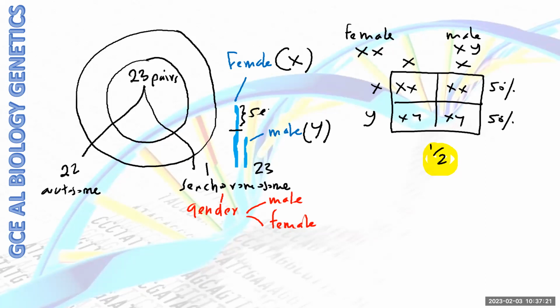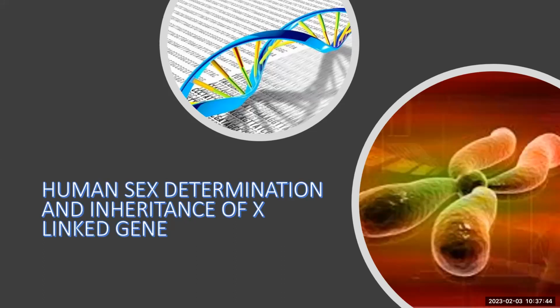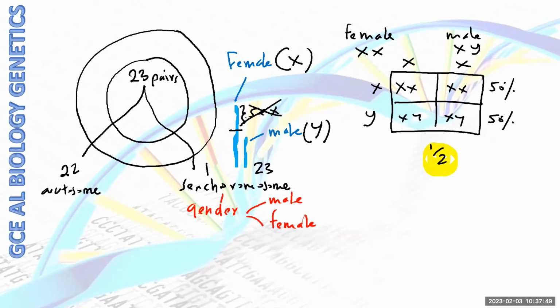So this part is not responsible for sex determination. There is a small additional bonus space. This bonus space is provided to add other types of genes. As a result, we have to discuss sex determination and inheritance of X-linked genes. So let's see what an X-linked gene is. Now we take the X chromosome,